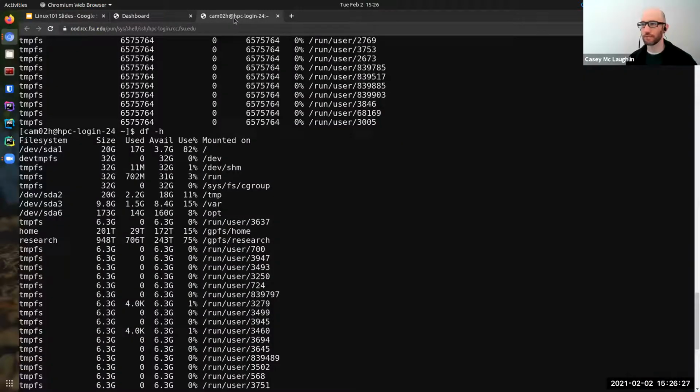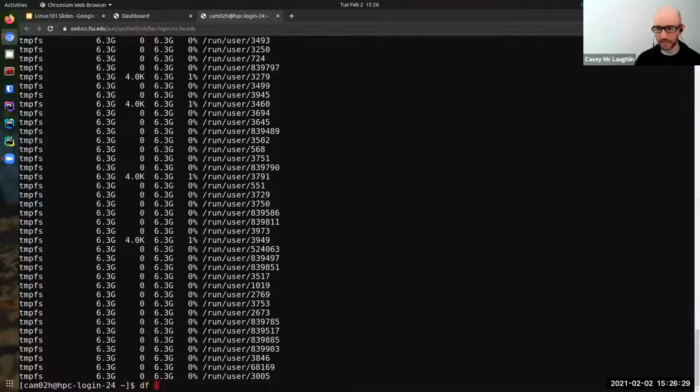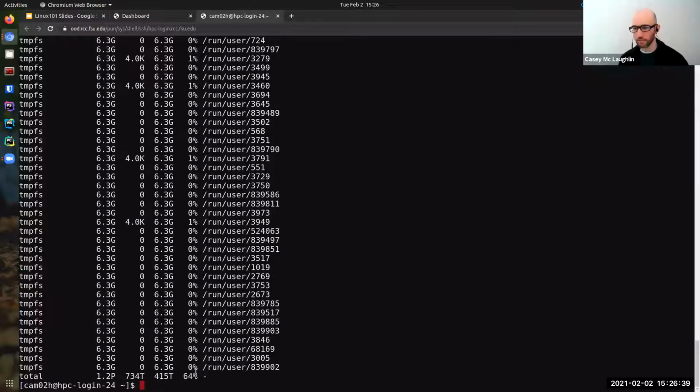df -h --total. Notice that I'm using double dashes for the complete words and single dashes for the short codes. That just prints out an extra line at the bottom saying how much space in total is available.